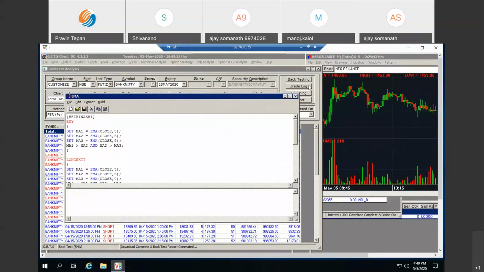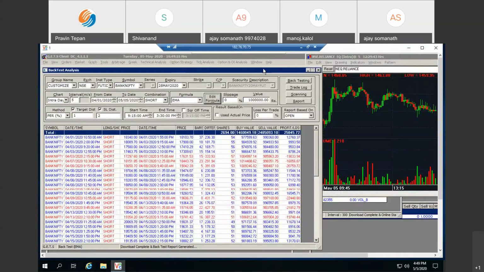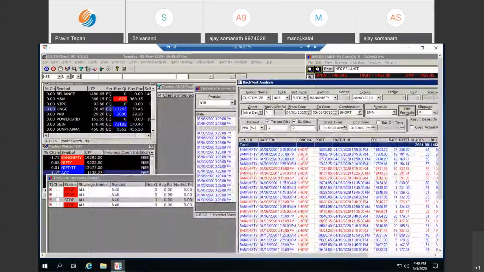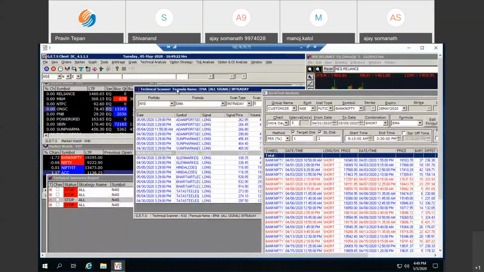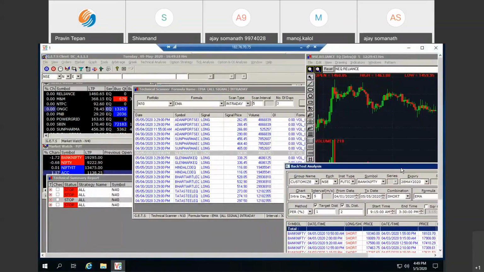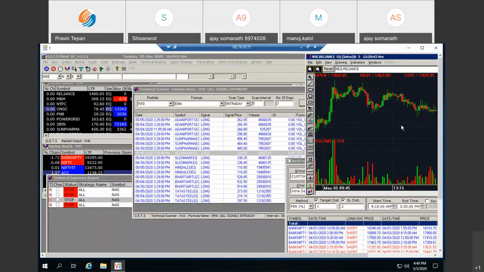So this is our backtesting. So this is how our all integrated automated software is: technical scanner, backtesting, charting, and execution. So I think with this, I have given most of the information to you regarding our automated software. It involves everything from scratch, from seeing the chart to executing on the chart to testing the chart to scanning the market.